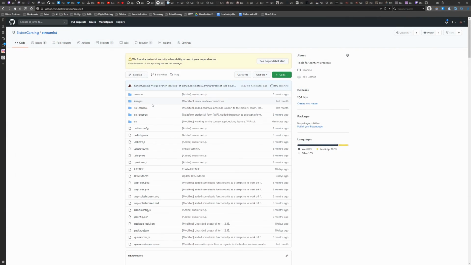There you go. So this is the GitHub repository. As I mentioned, it's called StreamTeam, under EistenGaming. Just go there. There is one release tag. So if you want to just download the binaries and have a go, enter your Twitch ID and your Twitch code, then go for that one. If you want to build your own, contribute and extend it, do whatever you want with it, download it.